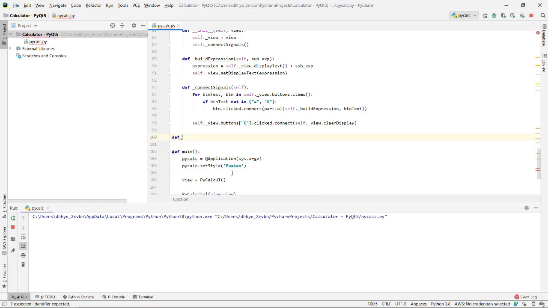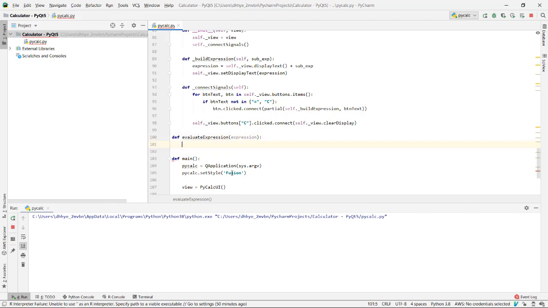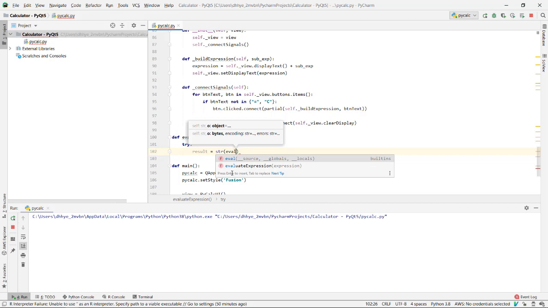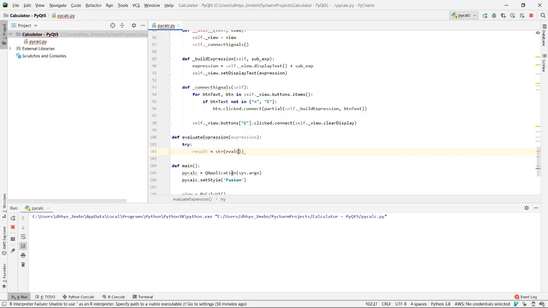So def evaluate_expression, and then expression is going to be, and then in there we're going to try to get the result, which is going to equal str when we evaluate the expression, and then our dictionary, and then another dictionary. So that's just a really basic and really simple